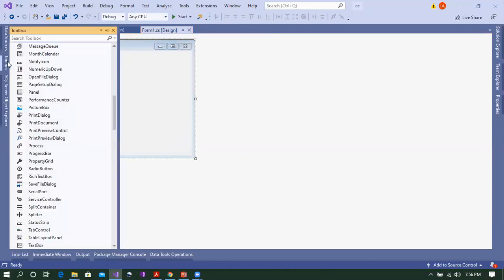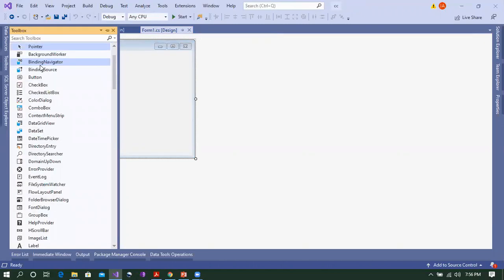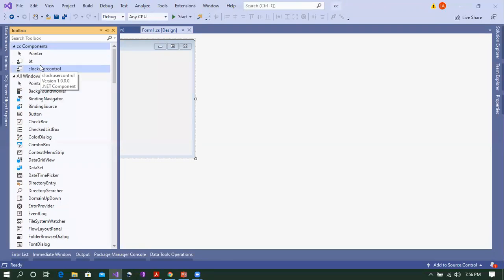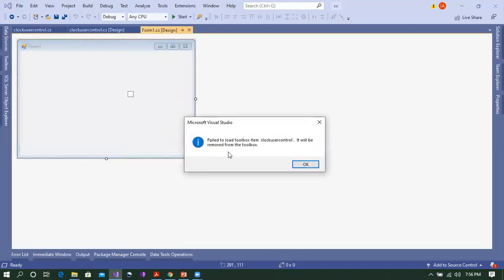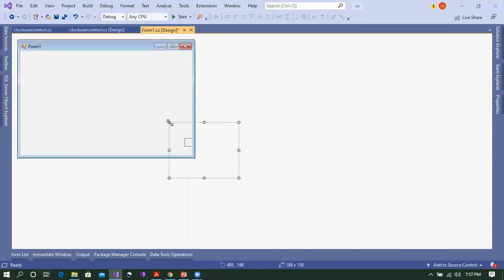So I go into the toolbox, and you see there's a control, clock user control, that I have created right now, and I put it onto the form. This is the control that I added, 7:57, and I'm seeing the time being updated.